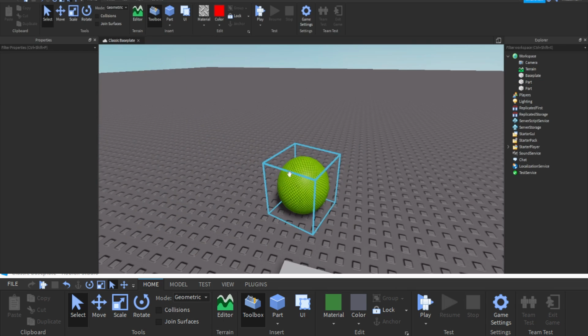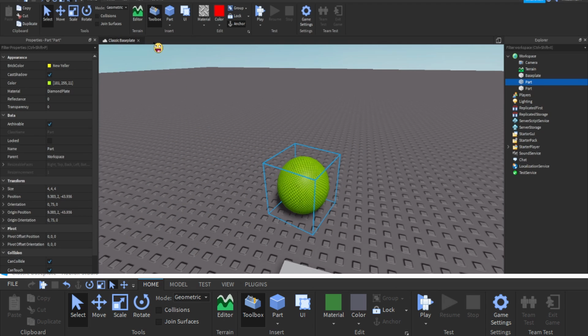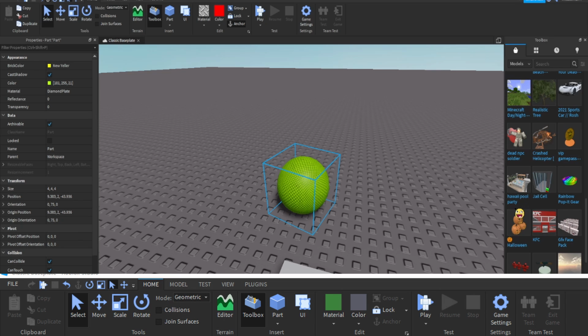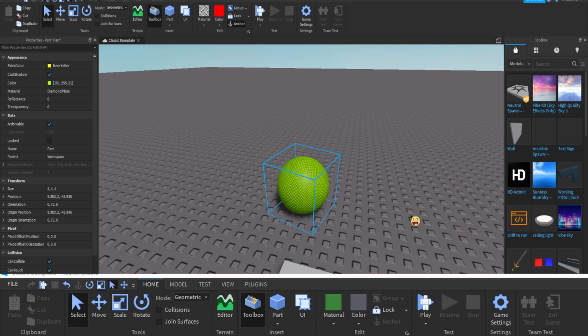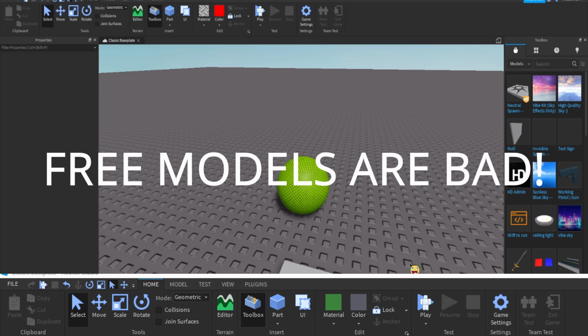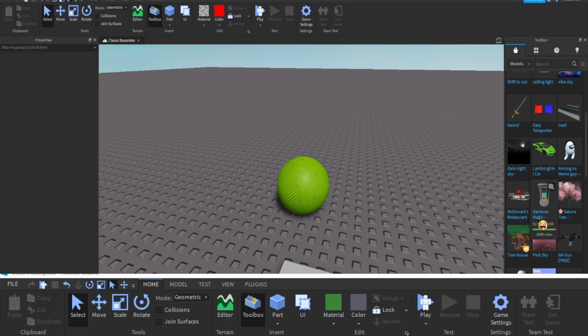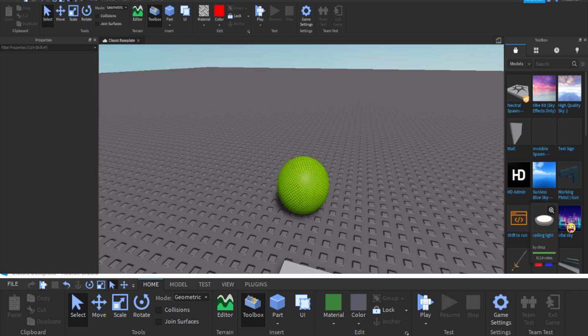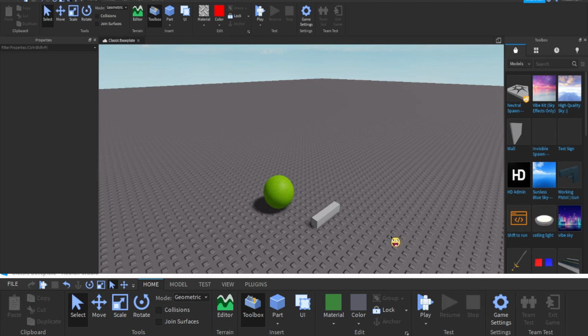So now let's go with toolbox. Toolbox is another word for free models, which shows all the free models. And let me just get this clear before I talk anything else about free models. Free models are bad. They might look really easy, like they might make you feel like you can do this game easy peasy lemon squeezy, but some free models have viruses, and it could do really bad things to your game. Like if I search up tree,